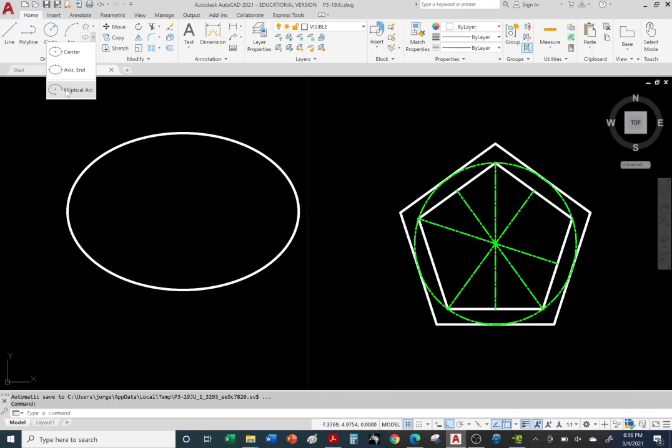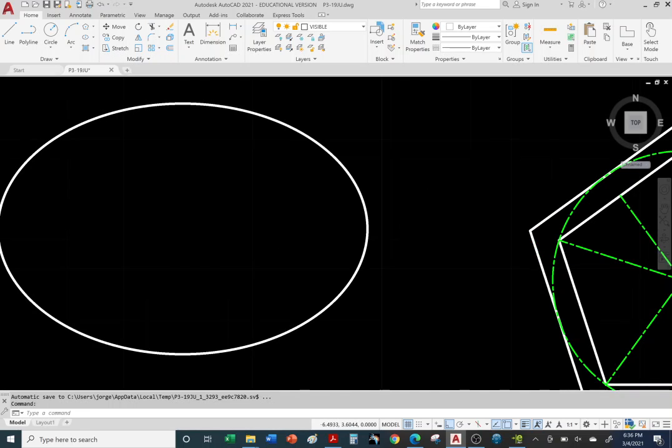And you also have elliptical arc, very similar to the arc command. I'm not going to cover that, but it's very similar. All right, so now let's go with